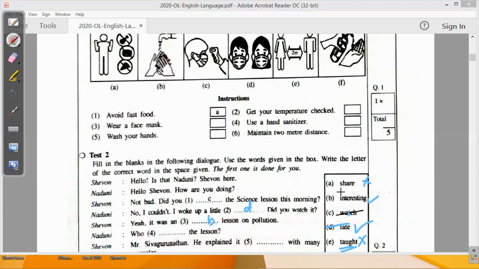And because look, one is this, right? It starts with a vowel E. Interesting. It was an interesting lesson is a noun, and of course it has to be an adjective. Interesting is an adjective, so it has to be B, right? Then Nandini says who, the lesson, right? Okay, now you know when you